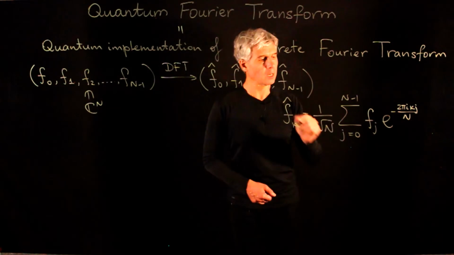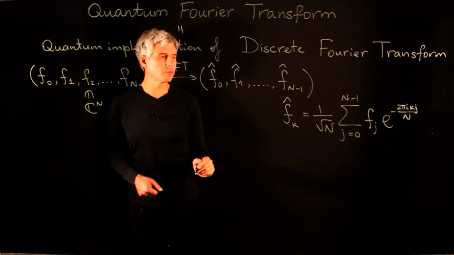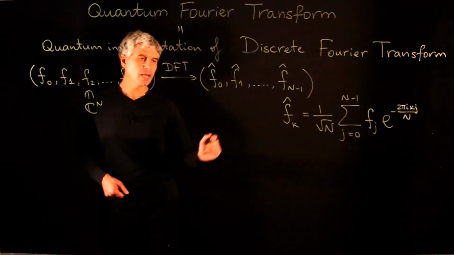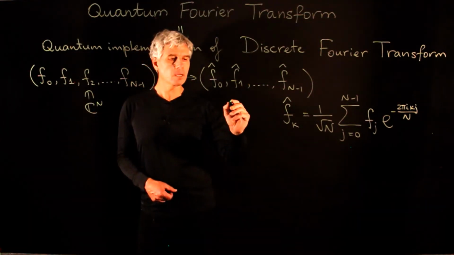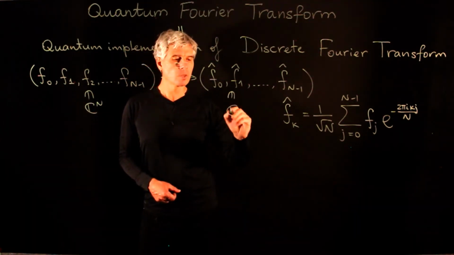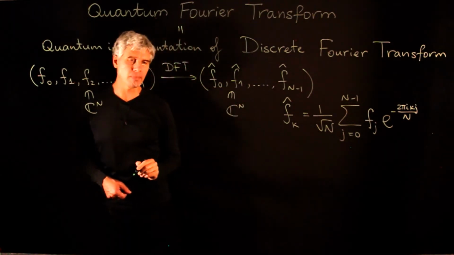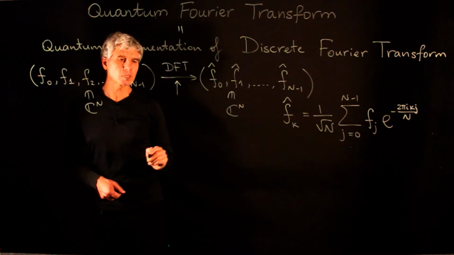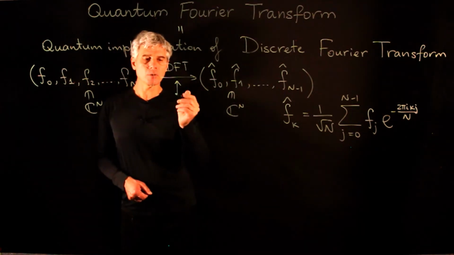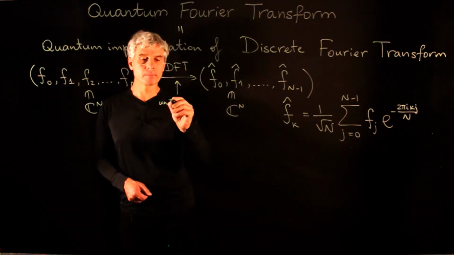This is the formula for the Fourier coefficients. We start with a vector of length n, and we end up again with a complex vector of length n. One thing to point out is that this transformation is unitary,